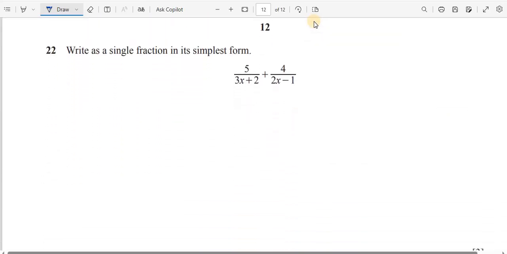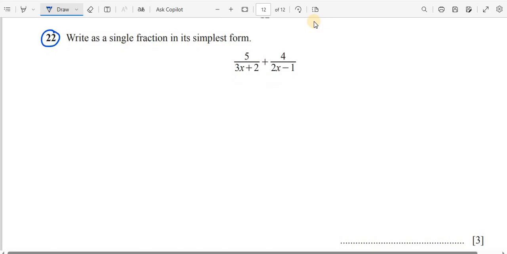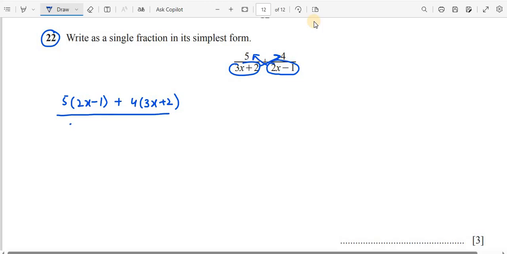Question number 22. Write as a single fraction in its simplest form. So solve this fraction. This number multiply with 5, so 5 into 2x minus 1 plus, and this number multiply with 4 into 3x plus 2. So denominator multiply with denominator, 3x plus 2